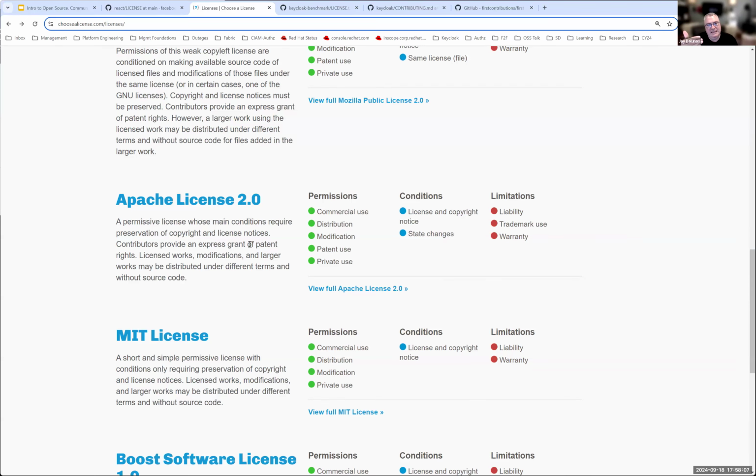You want it as least restrictive as possible usually. So I tend to default to Apache or MIT, because those are ones I've used a lot in the past. It can be tricky if you get into real corporate startup type licensing. Sometimes it can be a little trickier, but that's what lawyers are for in some ways. But if you're just wanting to start your own, that's what I would recommend.